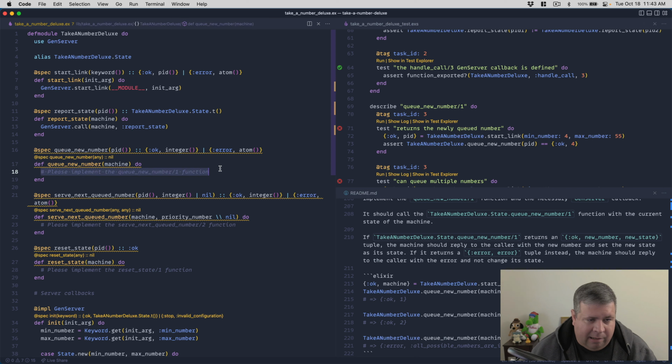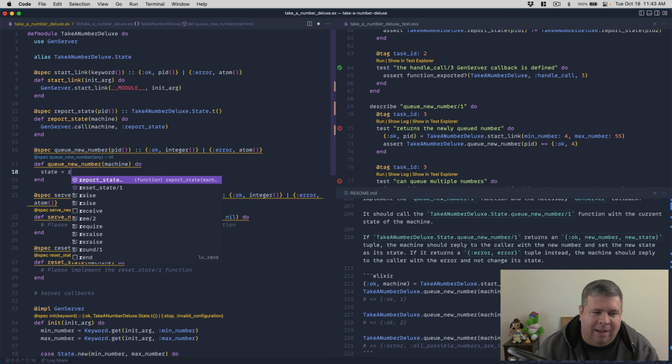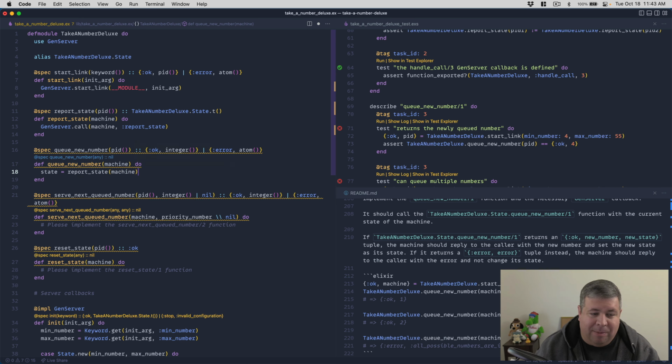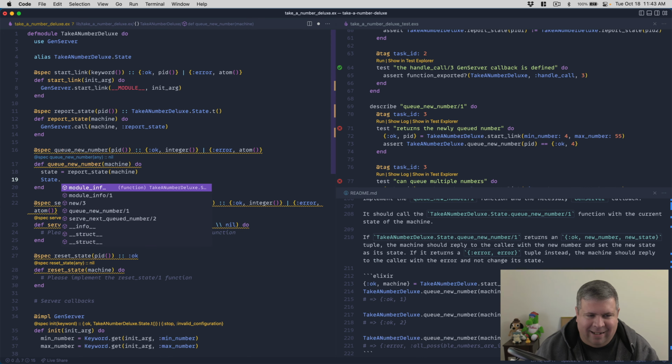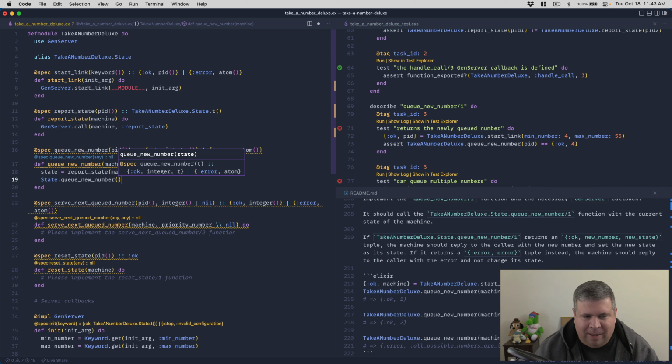So let's see here. Implement the queue number function. I guess we'll just call ourselves. So we'll get state, and we'll call report state, and we'll pass it the machine, which is basically the PID. And then we'll call state dot Q new number, and we'll pass it in, and that's going to